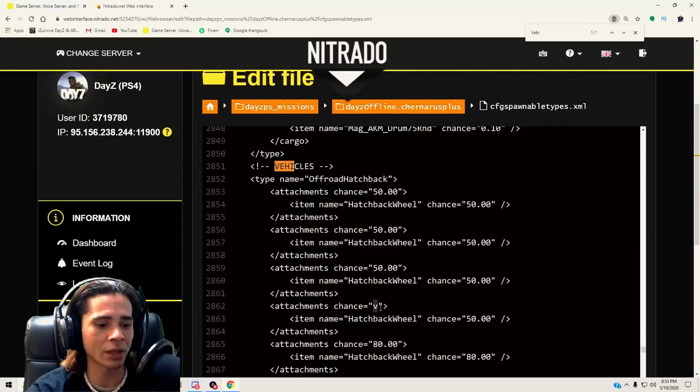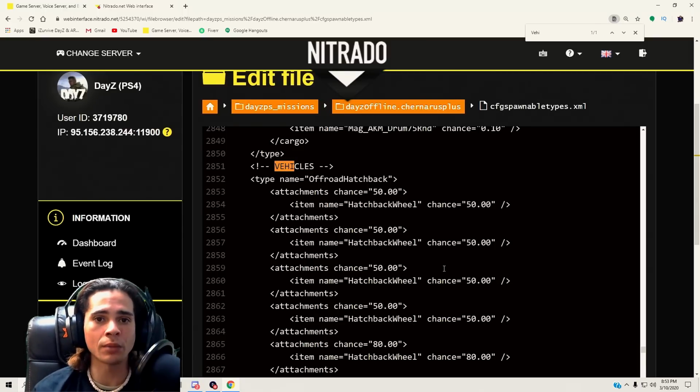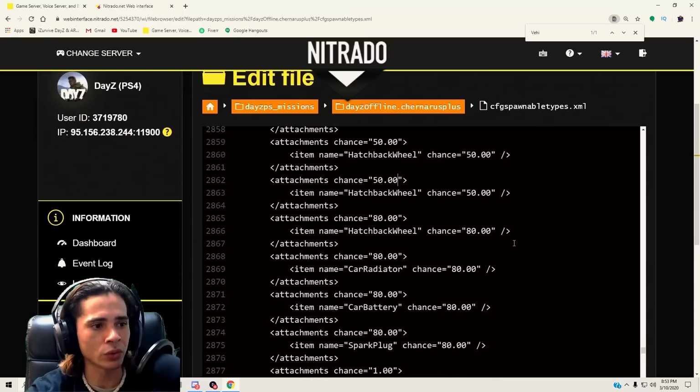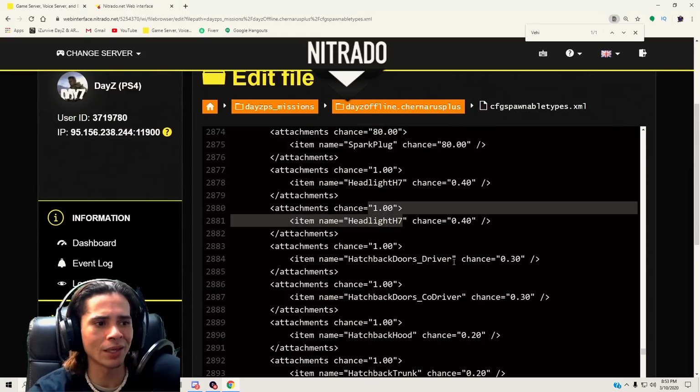Sometimes we don't realize that we're leaving bad errors in there, and we need to fix those, right? Alrighty, so like I said, you can bring them up to 100%, but just be mindful that the next set of items, try not to bring them too much higher, because otherwise you're going to overload your server. Notice that when it comes to the headlights and all these other little things like the doors